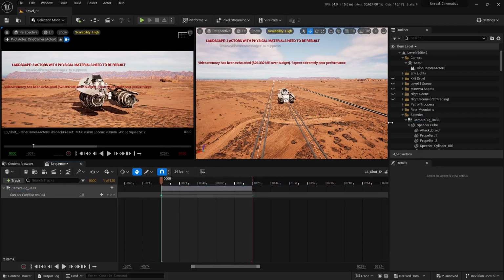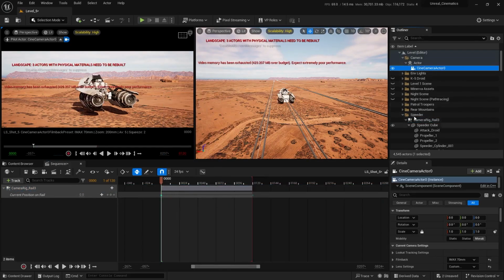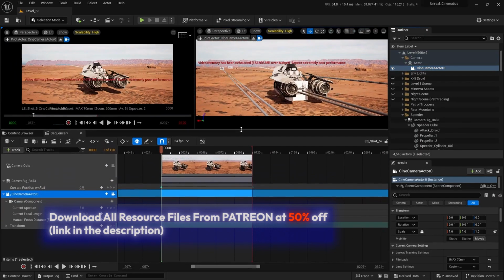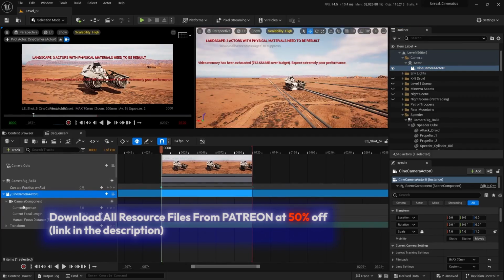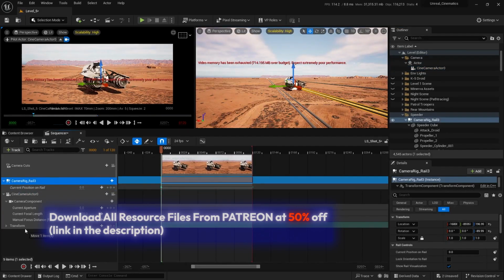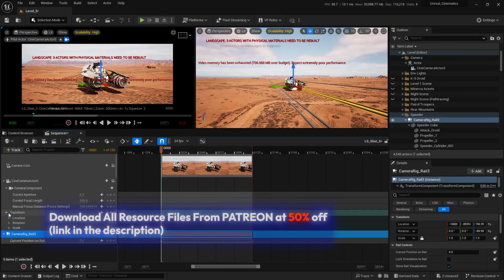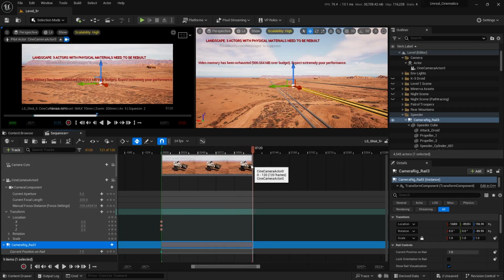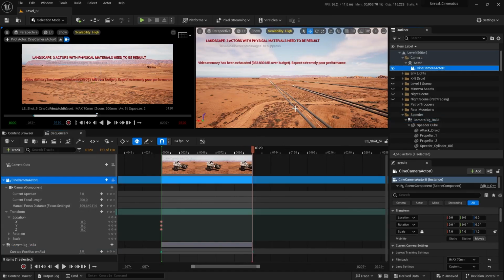And I'm gonna now also select this camera and bring it into the sequencer. Let's bring this window up here. I'm gonna come out of this one from this window and I'll bring this track down here. Let's open up the transform parameter. I'm gonna open up the location parameter and let's add the keyframes at frame number 0. Let's move to 120 and I'm just gonna select this camera